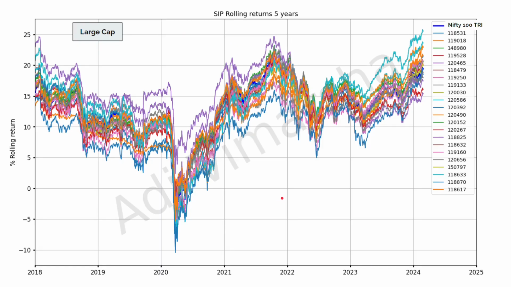So this is the first plot where we are comparing all the 20 large cap actively managed mutual funds with their benchmark, that is Nifty 100 TRI. It's a complete mess. Actually, we cannot see anything because they are so close to each other. Note that these are SIP returns, not CAGR returns, and we are looking at the time from 2018 to 2024,